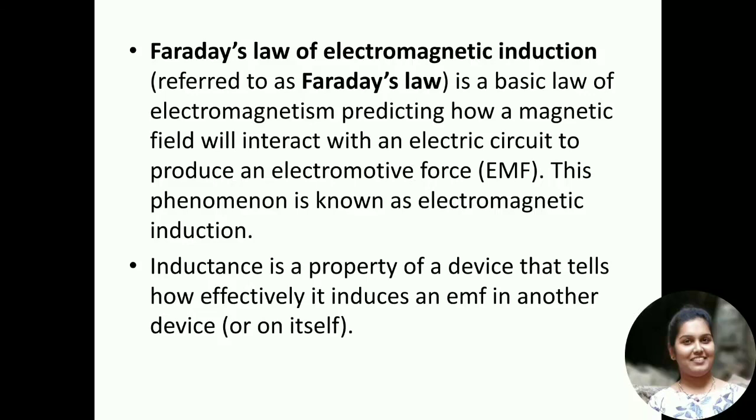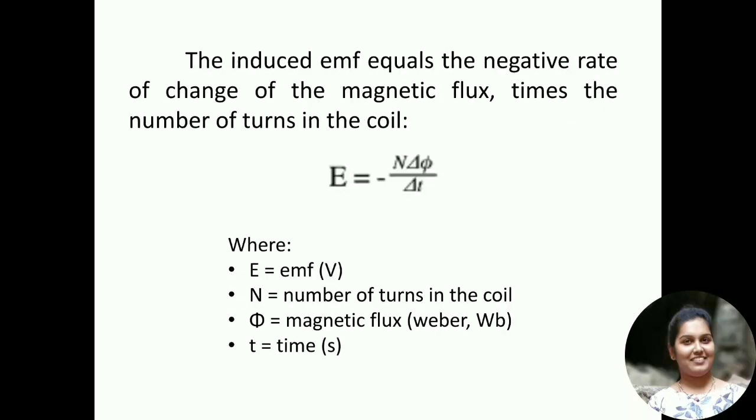Whereas mutual inductance is where, because of the current that is flowing in one coil, EMF will be induced in the coil beside it. Because of the current in one coil, EMF will be induced in the nearby coil. This property is called mutual inductance. Either it may be self-inductance or mutual inductance, EMF production will be done.